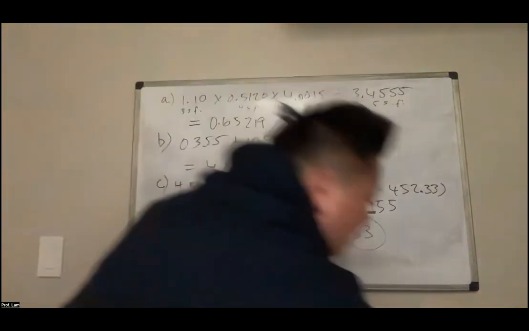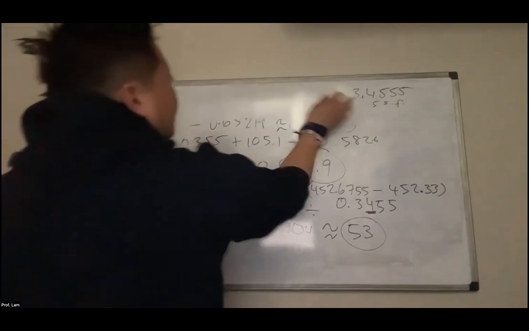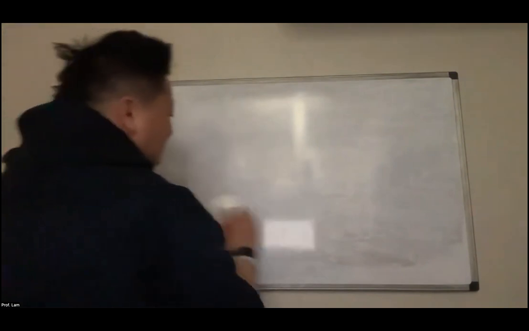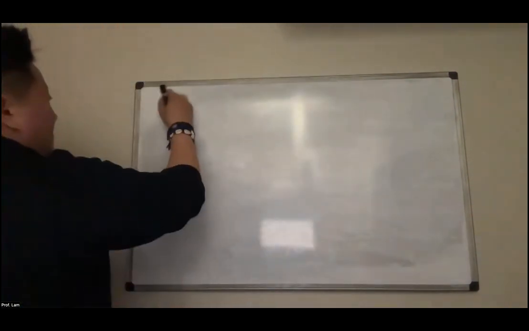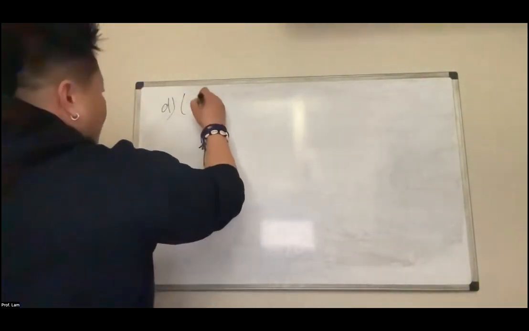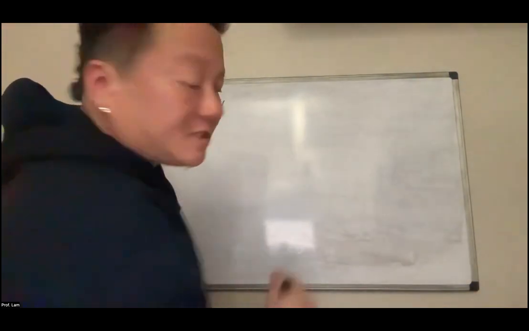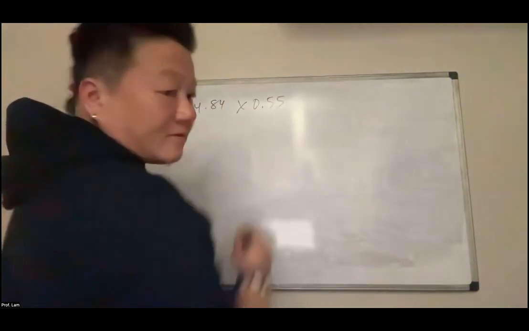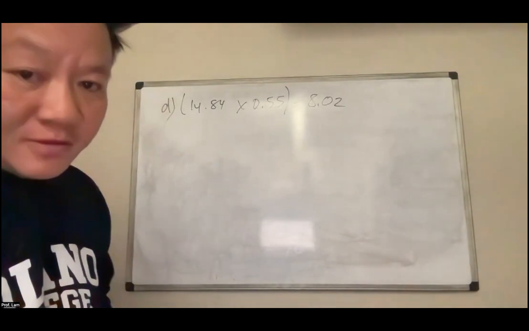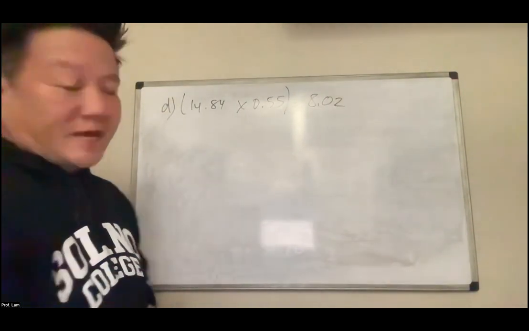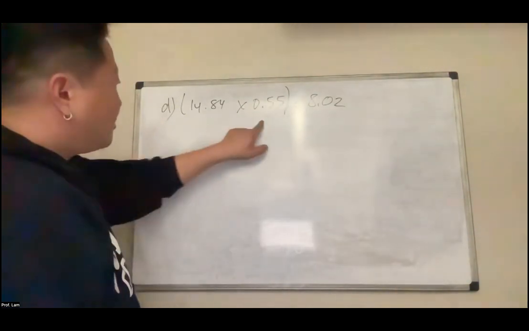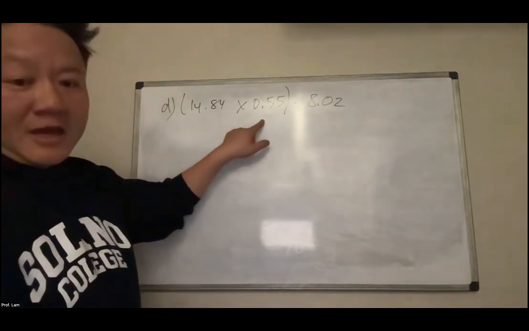All right, let me erase this, and then I'll show you guys D. So for D, let me copy that down. 14.84 times 0.55 minus 8.2. Okay, so again, we see that it's a mixed problem, right? You have subtraction and you have multiplication. So I'm going to do the thing in parentheses first. Okay, that's going to give me